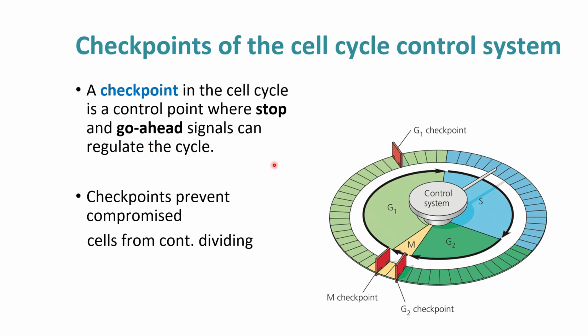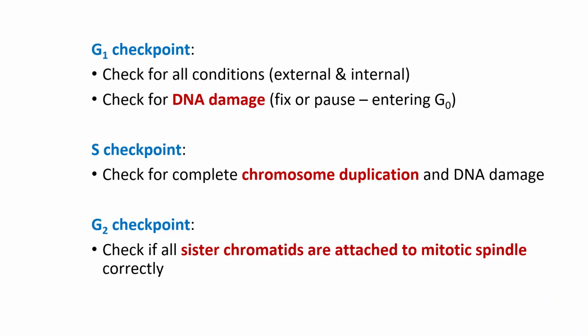So the reason for checkpoints is they can prevent compromised cells from dividing and being able to pass that error to its cellular offspring. So you'll see different checkpoints that happen here throughout the whole cycle that allow this to be checked. Because the cell carries out different tasks during the different phases, all of these different checkpoints check for different things. So for example, during the G1 checkpoint,